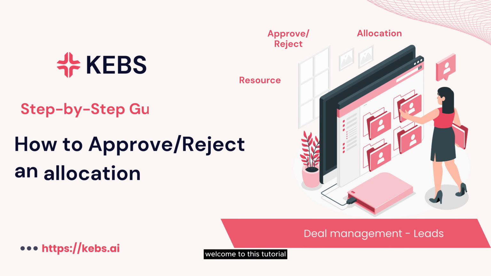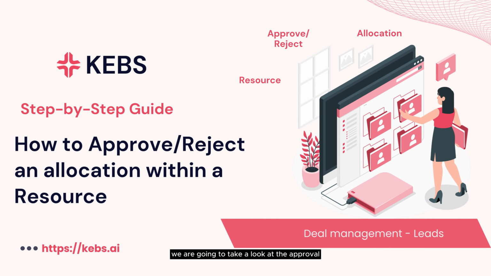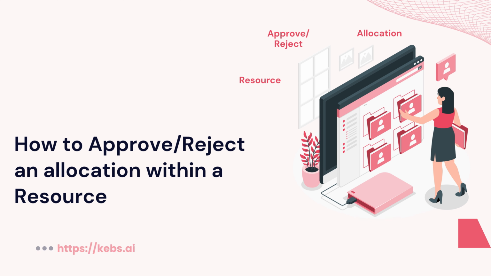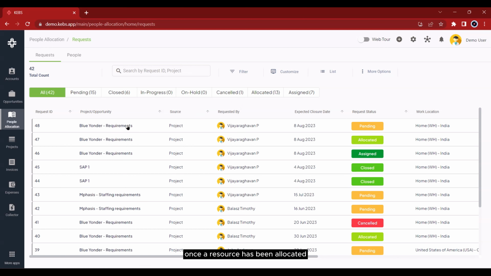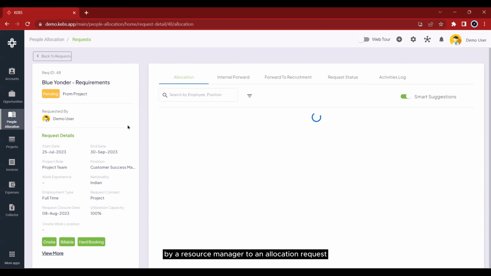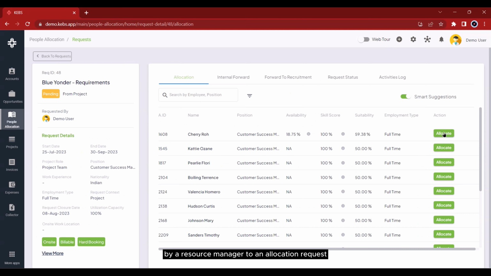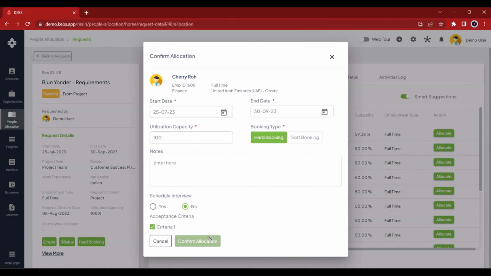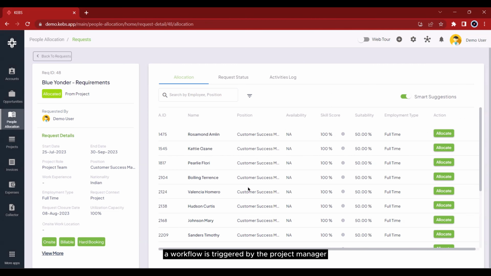Welcome to this tutorial. In this video, we are going to take a look at the approval and rejection workflow within the People Allocation app of KEBS. Once a resource has been allocated by a resource manager to an allocation request, a workflow is triggered where the project manager who raised the allocation request needs to either approve or reject the